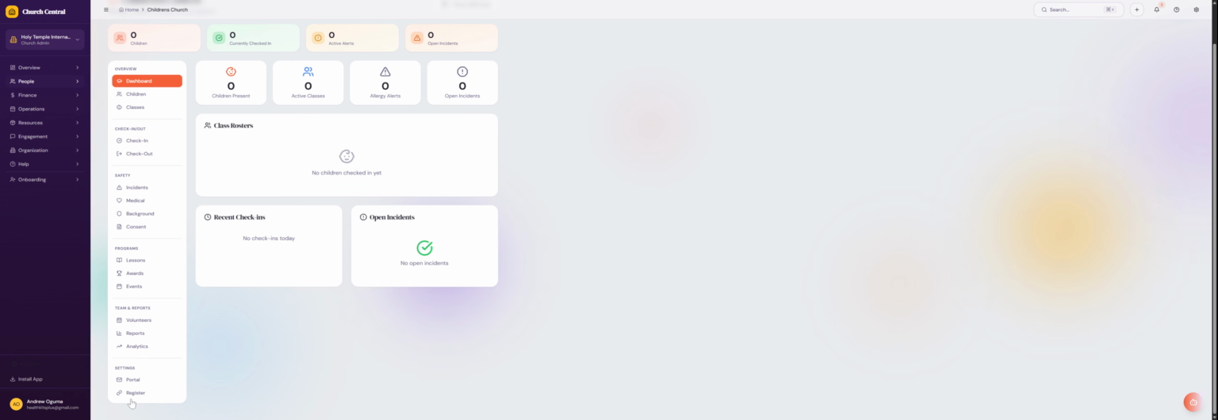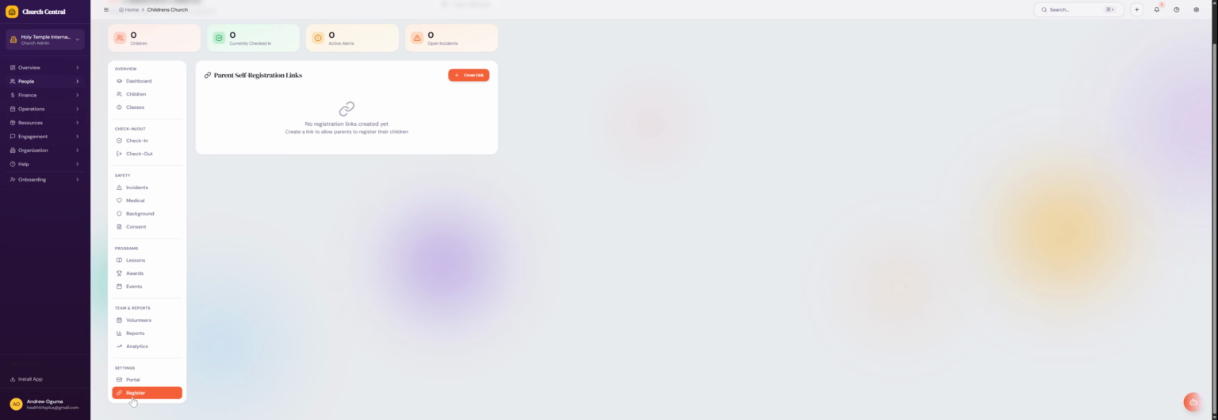To do that, you need to come to the sidebar here and click register. Yeah, click register. You see that here. Now you need to create a link. The reason is that this link has a timeline. So this link is not perpetual. It's only